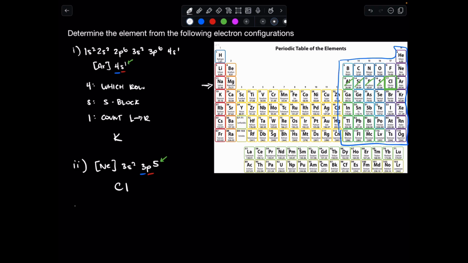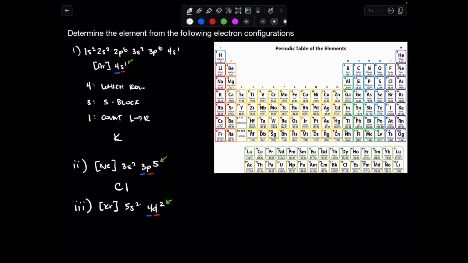So another example, something a little bit more difficult. Now on this one, we're going to do one a little bit further down, a little bit tougher. So let me remove all this. So in this case, let's go all the way down, 1, 2, 3, 4. [Kr] 5s2, 4d2. All right, so as we mentioned before, we're going to use 3 pieces of information: our number, our letter,